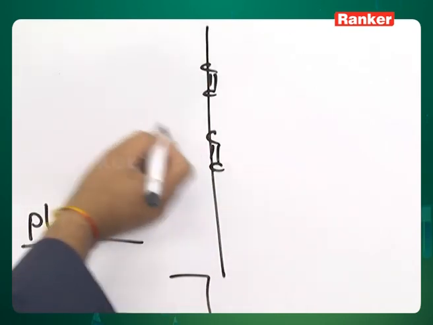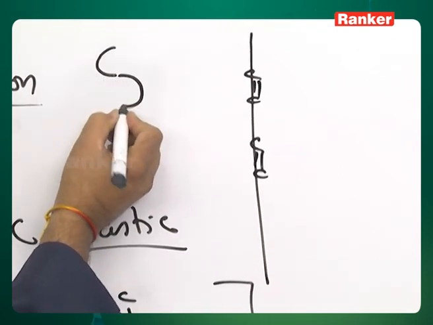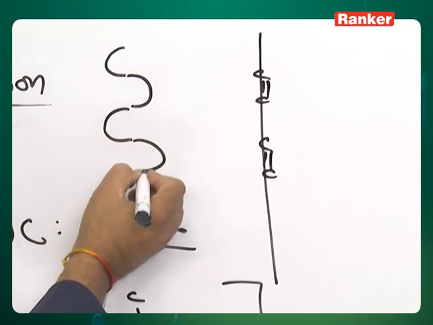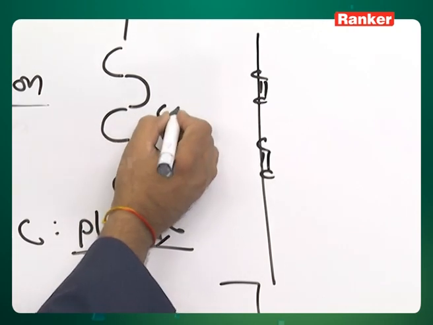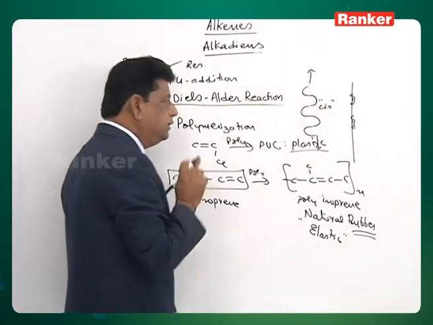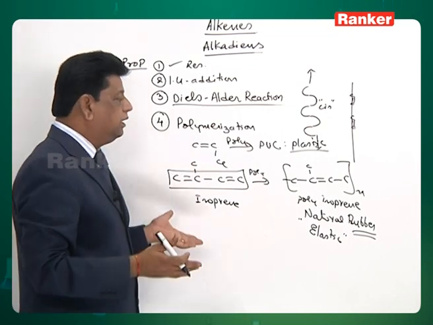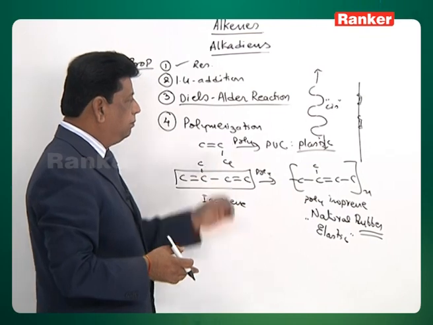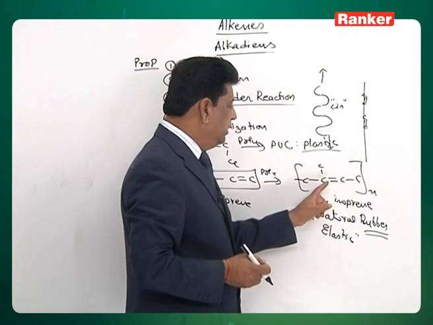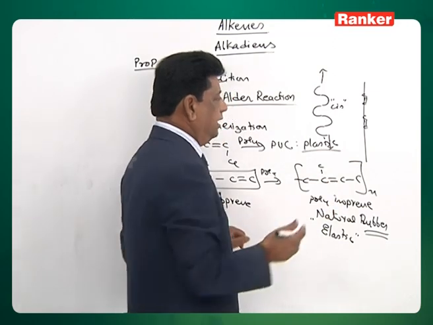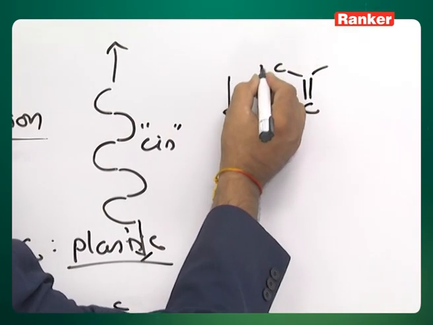At every double bond, the compound is cis type, and this double bond is again a cis, one side, this side one side. So, the molecule goes on like this. When you stretch it, the cis pattern is very essential. It is also studied that sometimes polymerization gives a trans product that does not have elastic property. So, elastic property is due to the cis orientation of this polymer. So, the polyisoprene, when you write cis type, that means at every double bond we have to show the methyl group